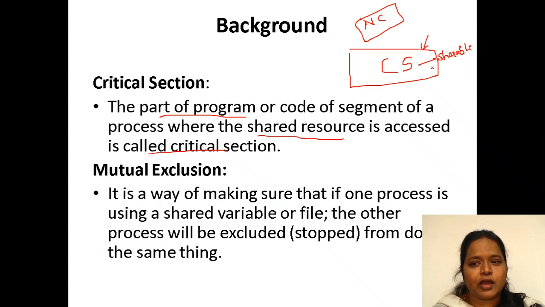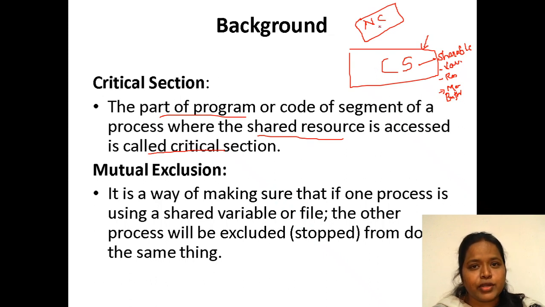This shareable item may be a variable, a resource, a memory location, or a buffer. Whatever is shared among the processes is placed in the critical section.